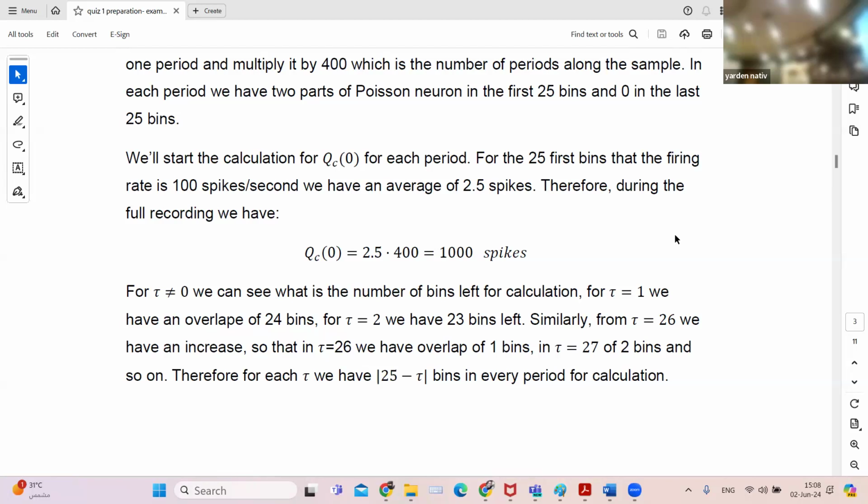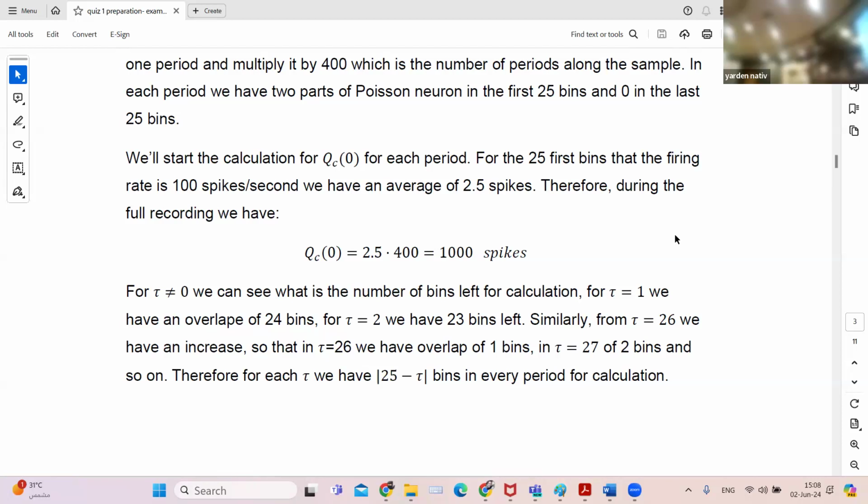Now again, what is the probability of a spike within this thing? This is 0.1, right? And the probability here is again 0.1. So it is 0.1 multiplied by 0.1, and this time you multiply by 24, not by 25. And how many cycles like this do you have? You have 4. So now you understood that each time I need to take 1 off until I get to 25.